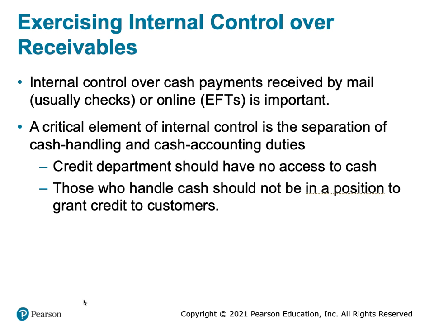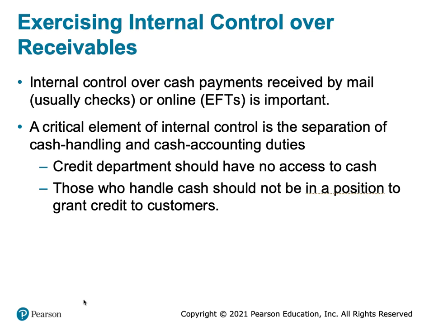Then the chapter starts to talk about internal control over receivables. And as we talked about in Chapter 7, it's important that internal controls are in place to minimize the wasting or theft, or just to safeguard our assets. And so cash is a major asset, the most liquid asset, and if that one is not protected, then it typically walks away. So some of the internal controls would be like when there's cash payments received by the mail,